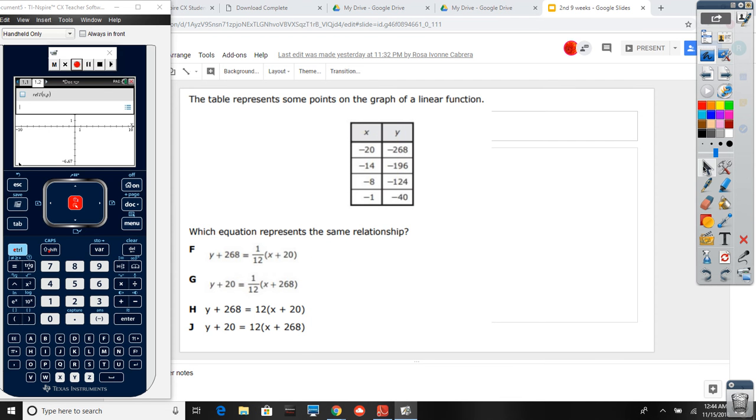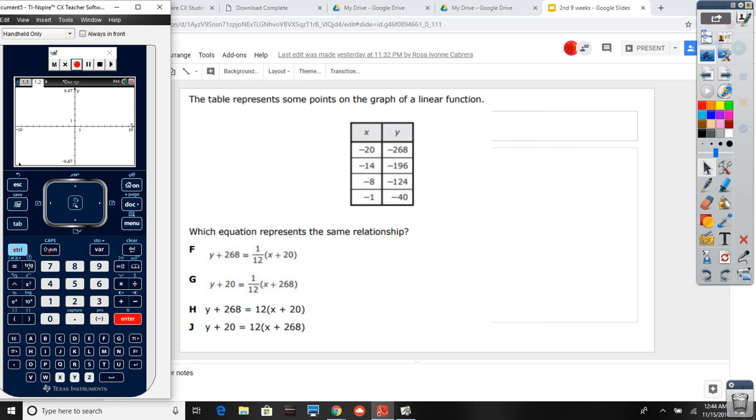But if I type in y plus 268 equals, my equal sign's right there, and then we said control divide is going to help us out. Let's say quick control divide 1 over 12, and then get out of it, and x plus 20, okay, so I type it in, right,